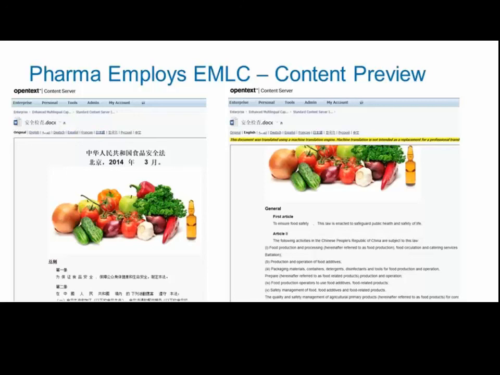The document translation, the preview here, is exactly that. It is just a preview. It's an HTML rendition. It is not considered a record, so it is transitory. So there are no concerns about translating a document of record, and no implications with having to store that translation itself.